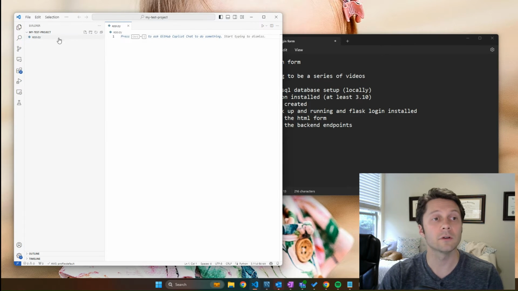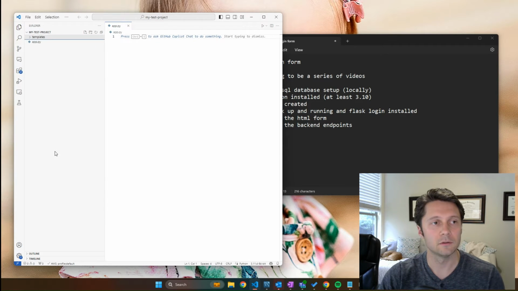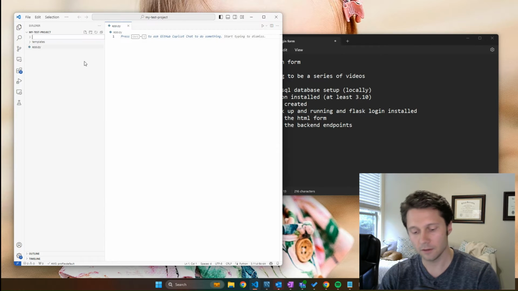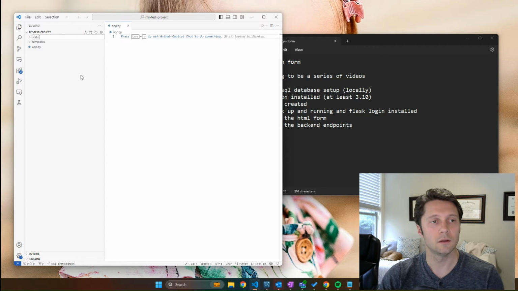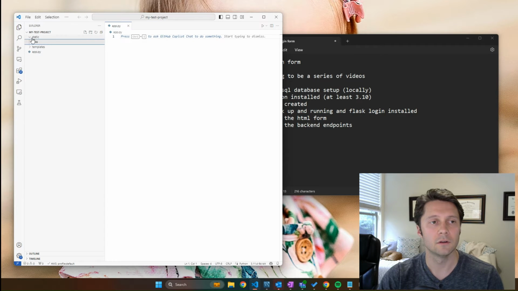App.py, and we're also going to create a folder called templates, and a folder called static. In the static folder, create a folder called CSS, and create another folder called JavaScript. Okay. Now in the app.py file, add your